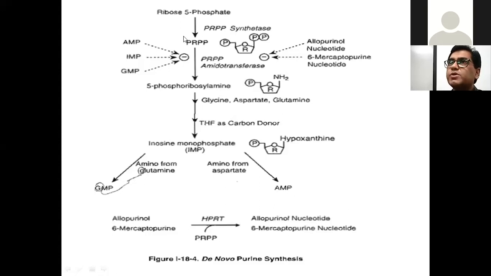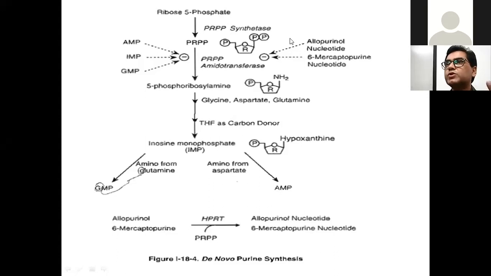This starting material, this precursor material, is coming from where? It's coming from a very simple sugar, which is ribose, a pentose sugar, ribose 5-phosphate. And if you can recall, that similar sugar is present in our ribose 5-phosphate, where it is present in our body, in our structure. Ribose 5-phosphate, DNA. Apart from DNA,